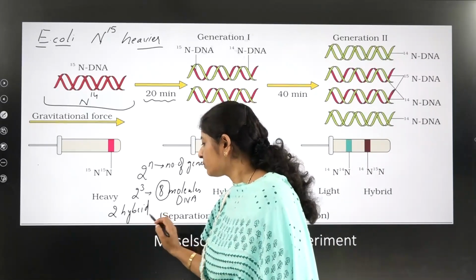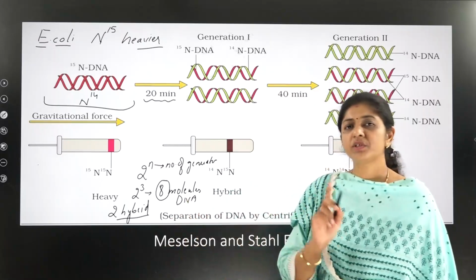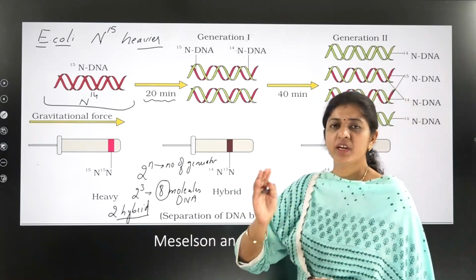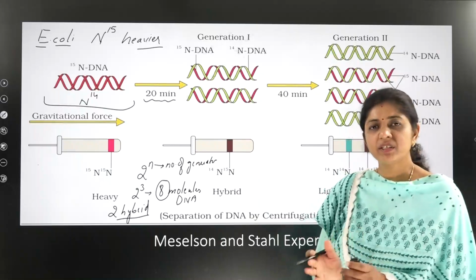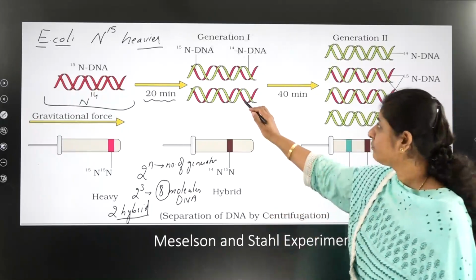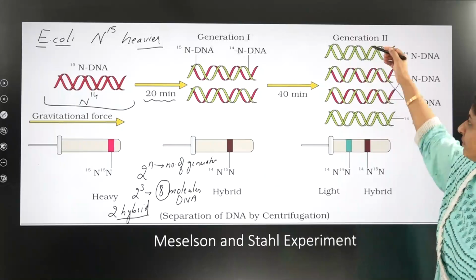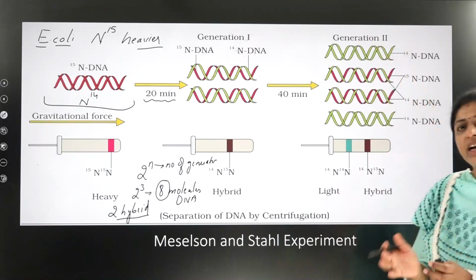Now keep in mind, in every generation, as a formula, 2 will be hybrid. The word hybrid is always for a molecule here, not for a strand, right? So hybrid means it will have N14 and N15 strands. In every generation, it will be 2 molecules. Like here in the first generation, 2 molecules. Here even it will be 2. And whatever is left now,